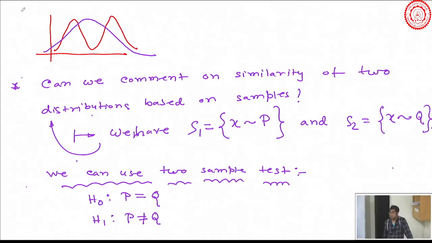You cannot fix the threshold uniquely. It's a personal choice, let's put it that way. As a decision maker, you have to decide that, and that can vary. It depends on how confident you are and how many samples you have. It will be a function of all that. So there is no one way of doing it.